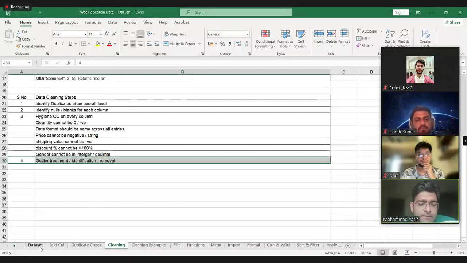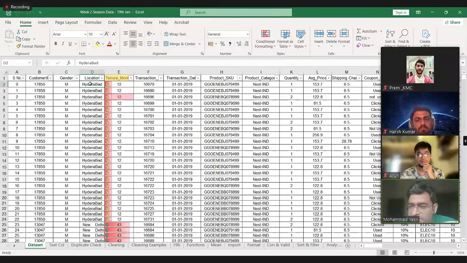That was the overall point of whatever we are doing. Now, if you remember, in our data set we had these issues. Hyderabad had a capital D. New Delhi had so many spaces. So now we need to fix these. In order to do this, there are multiple functions in Excel which allow us to do these string manipulations.